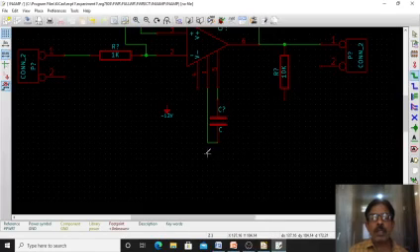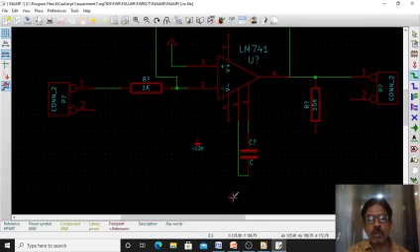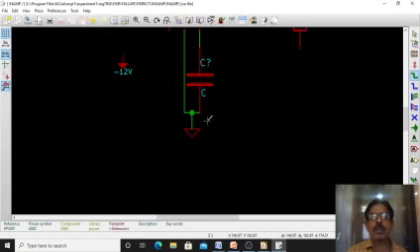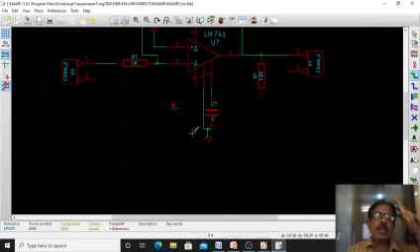Then this one is connected to ground. One more, because otherwise it will become complicated, you can copy this ground also. Once again you can connect ground here, otherwise you unnecessarily have to take a wire. So take the wire and connect ground here, so that pin number 1 is grounded.